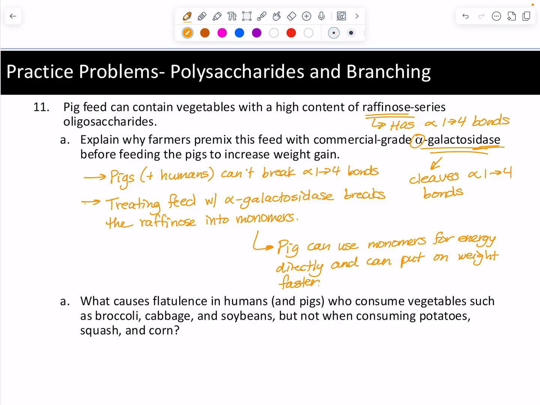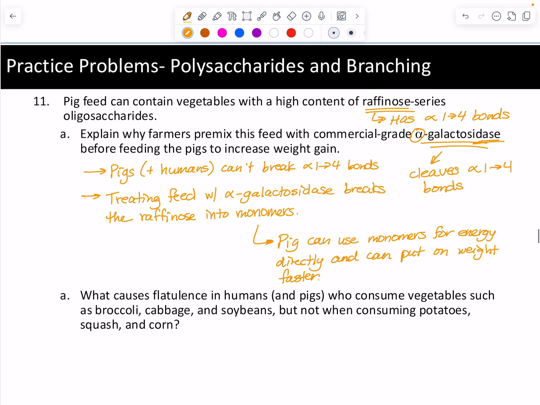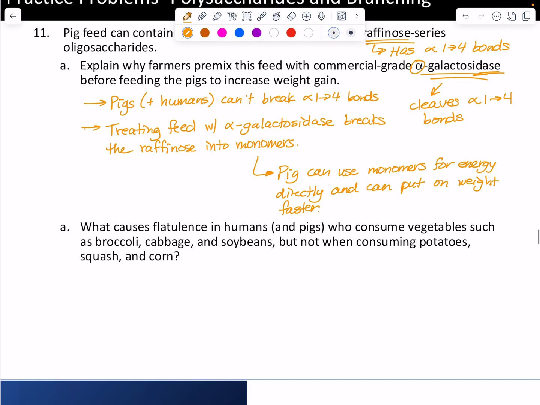All right, because again, it's been broken down into simple sugars. All right, so what causes flatulence in humans and pigs? As a reminder in class, right? It's intestinal bacteria